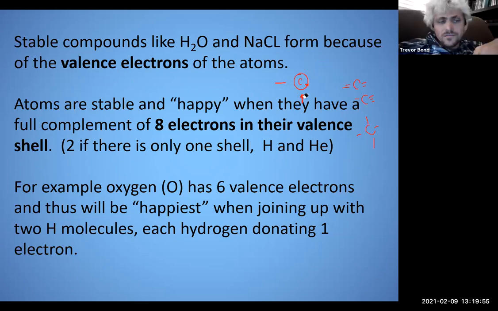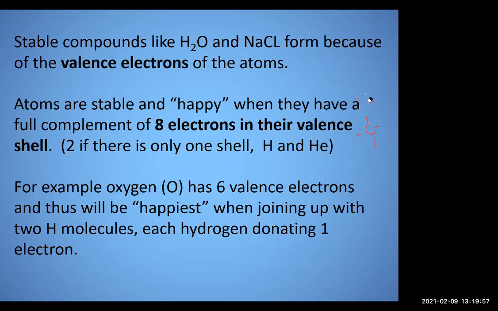Additional 6. 2? No, it's going to want 2, so it has a total of 8. So it's going to want 8 in the outside, so it's going to want to make 2 bonds. And again, oxygen can make 1 double bond, or it can make 2 bonds. So how many valence electrons an element has determines the bonding pattern between elements. Okay, we're going to look at that a little bit more.